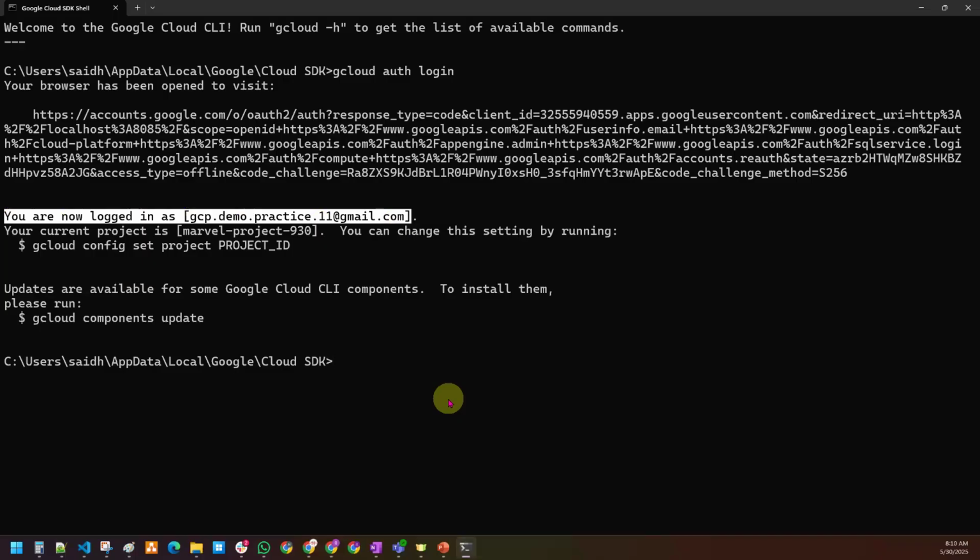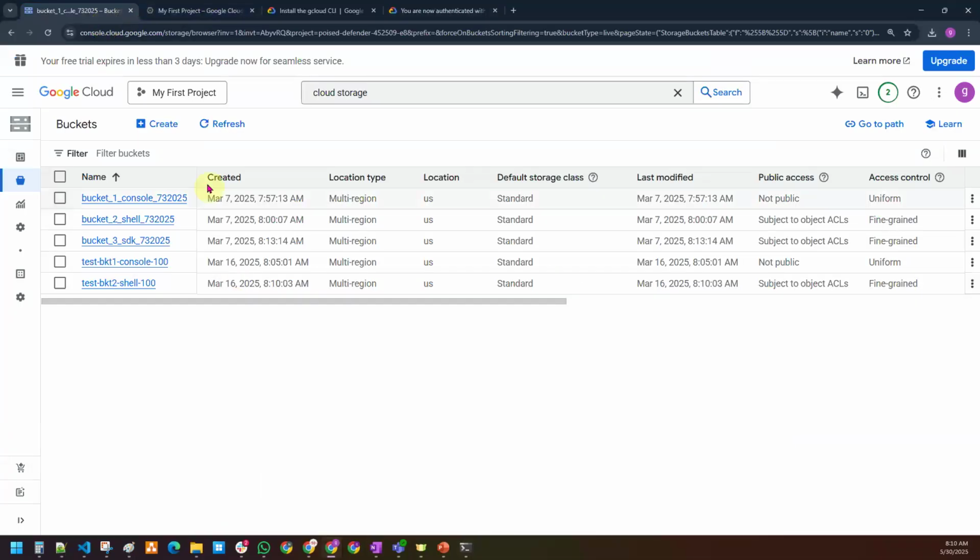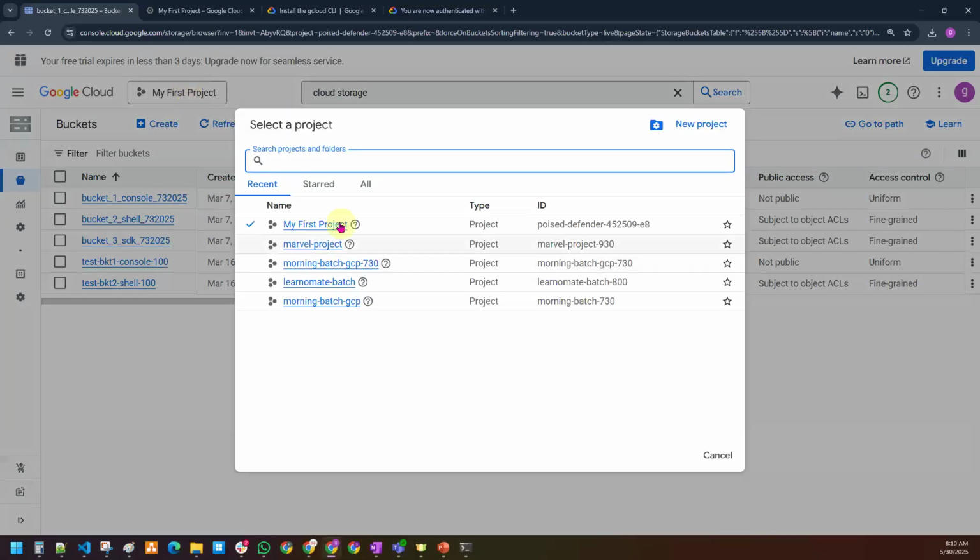See, when you are working here, this is your project. If you click on this project, there are plenty of projects. What is a project? Don't worry. It is a resource container. I will talk about projects in the next class only, which we are going to have on Monday, a very, very important session, because we are going to understand how to create a free trial account, what is a project, how to set up the project, what is billing, how to manage the billing, what is an API, how to set up the API, how to enable the API. So these things we are going to see in the next session.